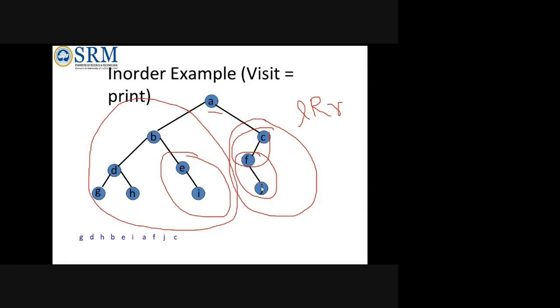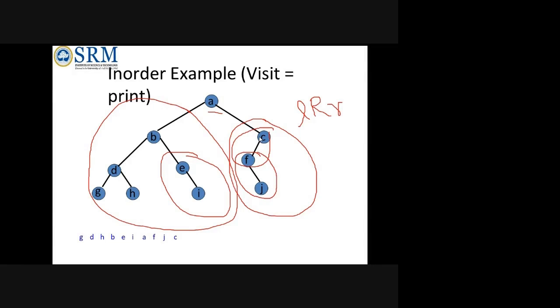So it will find out whether it is a left or right, because if it is a left, that left has to be printed first according to our algorithm. But there is no left, so root node. So next F only will be printed. Next one it will print the right. So this subtree is over now. When this subtree is over, it will go for C. When you go for C, it will know that the entire left is over now and it will print the C. This is what your in-order traversal is.